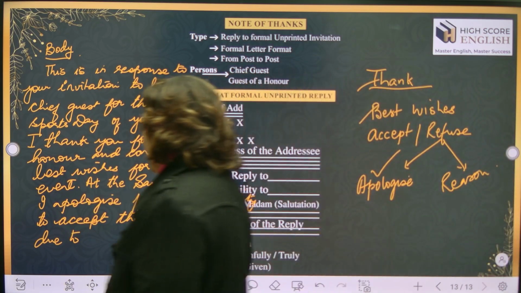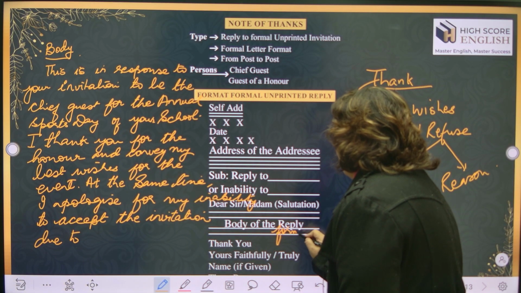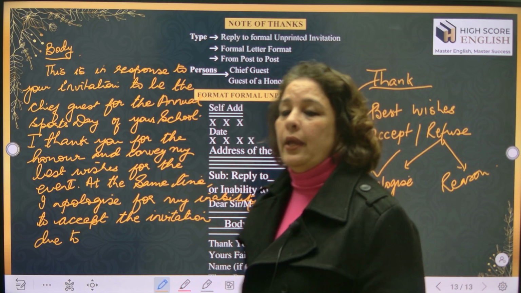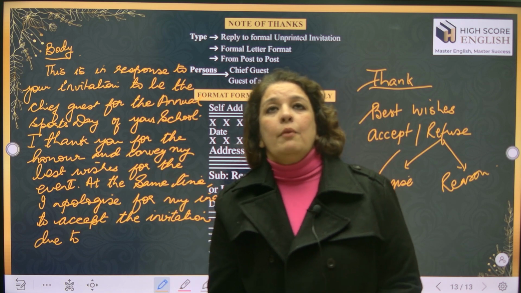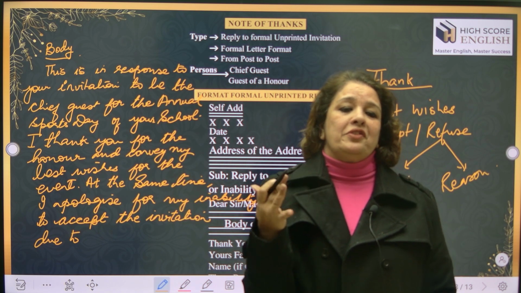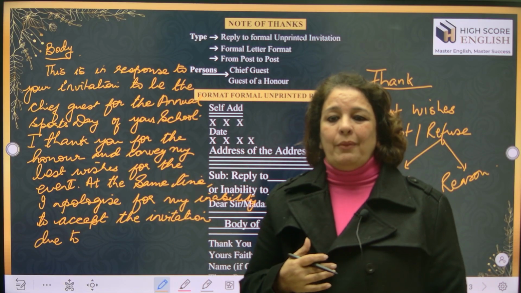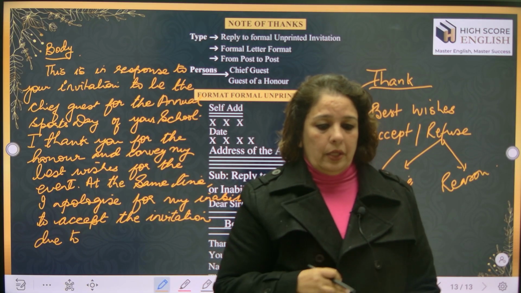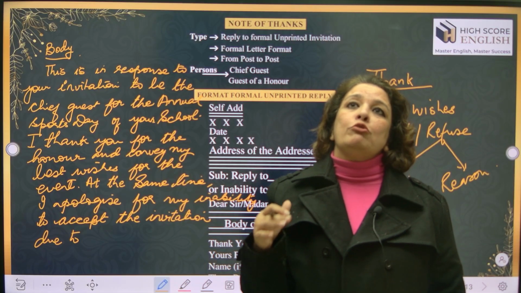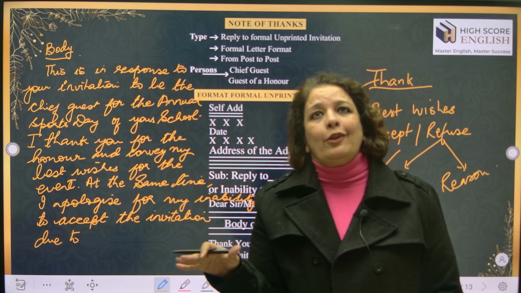Here you have to keep in mind you're only going to give a formal reason. The reason should be formal. Your mother is ill, your wife's leg is broken, the child is vomiting, the child is hospitalized. No personal reasons, only official reason. Maybe the visit of the chief minister on the very same day, or maybe there is a kind of, you can say, a seminar going on in the university. Could be any reason. That should be official only. Okay, or maybe due to prior appointments. Those appointments that have already been made, therefore I cannot give that date.